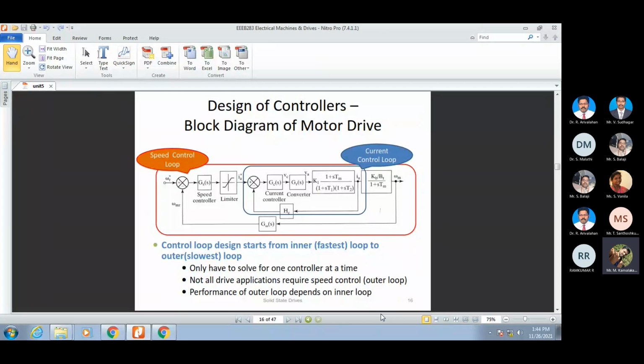So we saw the transfer function of the motor. We also saw how to derive the transfer function for the current loop and for the speed loop, and how to obtain the actual speed needed by the user for the application which is specified. That is what we covered during the morning session.